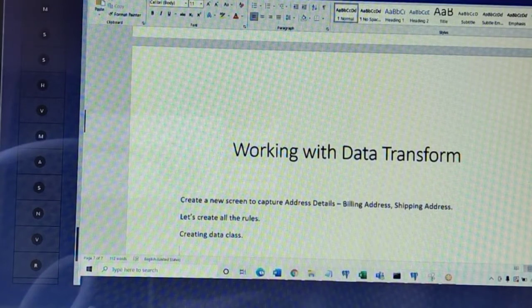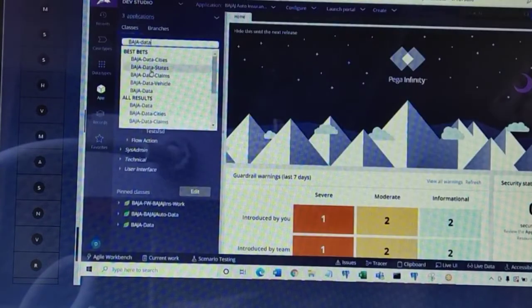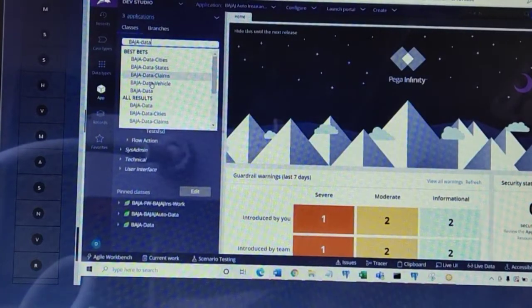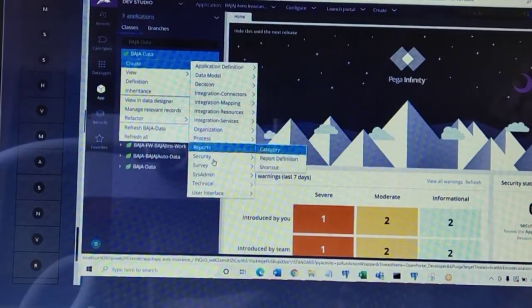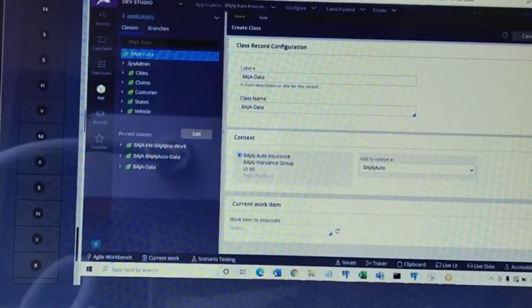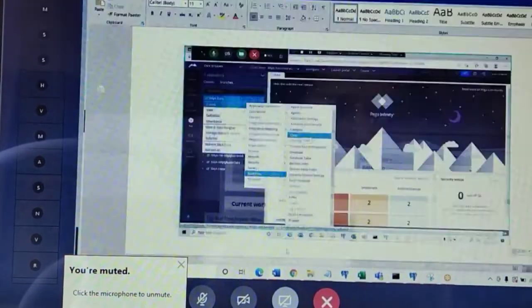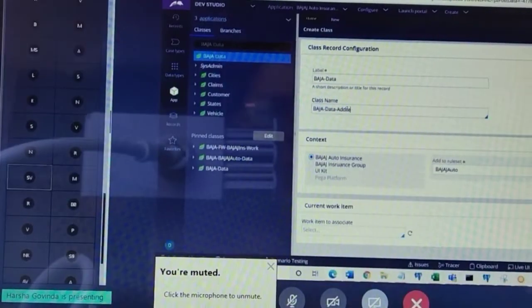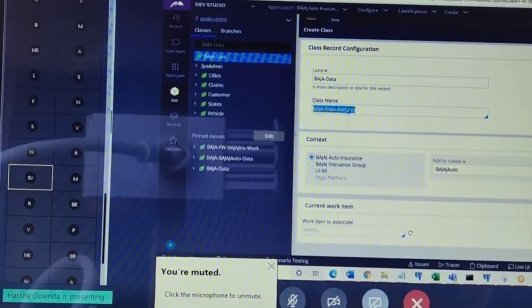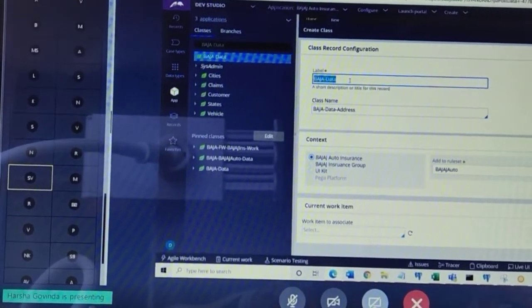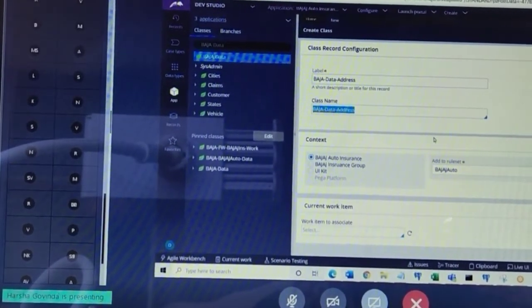Creating data class, the practice as usual, what we followed in the initial days. Same way, organization data class only, I am going to do it. Create admin class. Is this the same navigation that we have followed before? Yes. Create data type also. Why do we need data type? Do we need data type for this requirement?